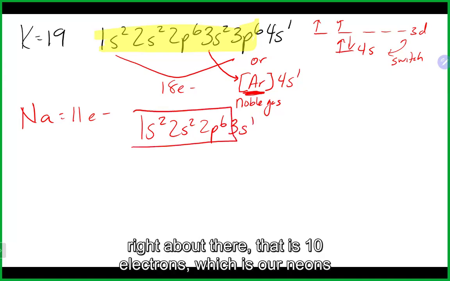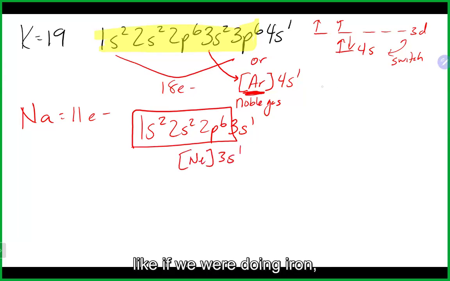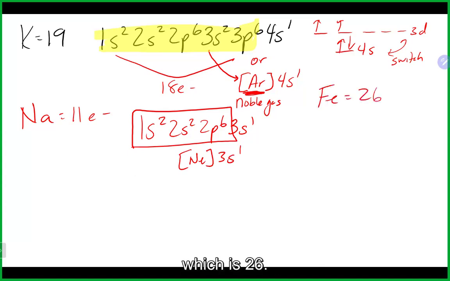And right about there, that is 10 electrons, which is neon's configuration. And we would continue on with 3s1,